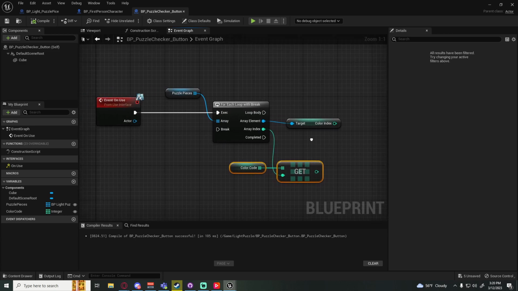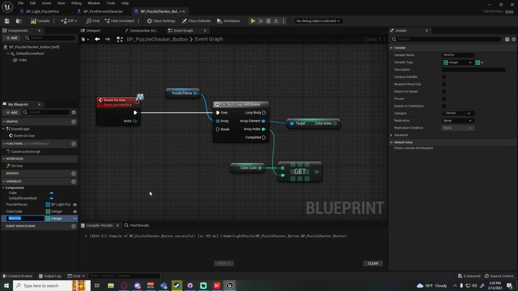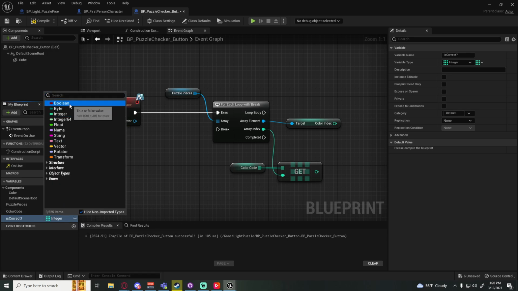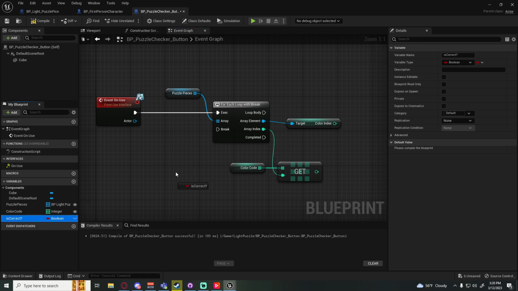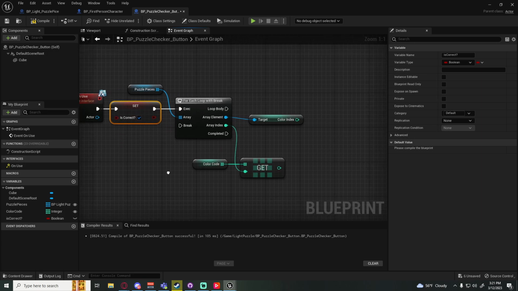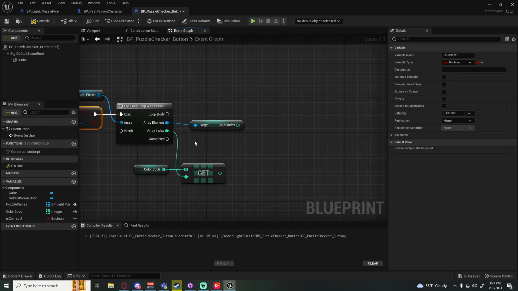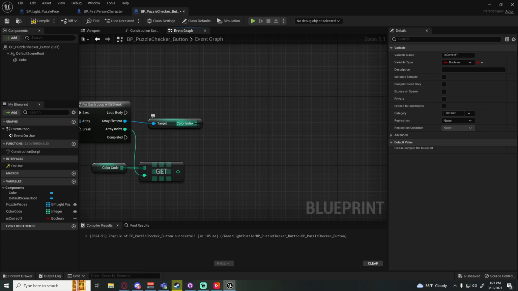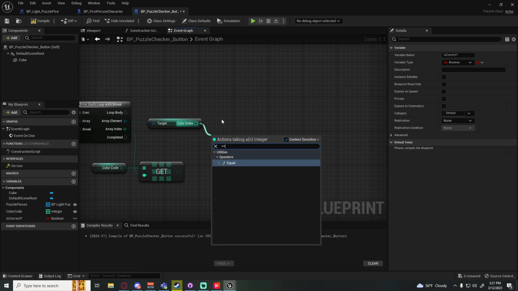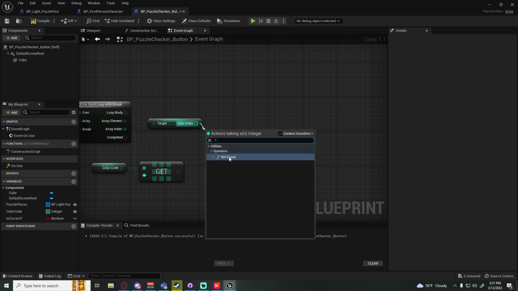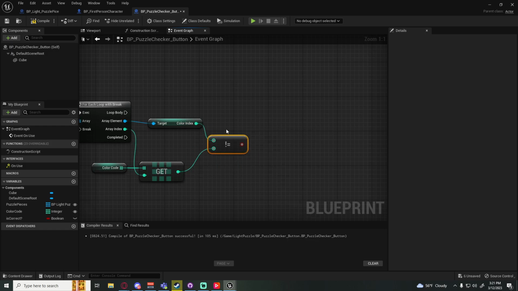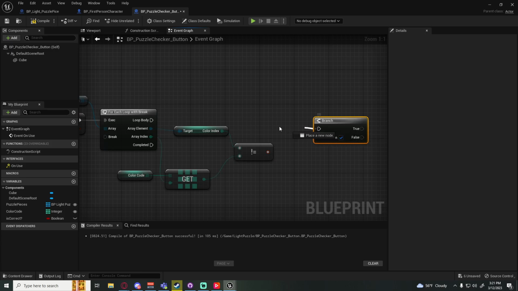And actually, speaking of which, if they're correct, we need to make a new variable called is correct with a question mark so we know it's a Boolean. And I'm gonna make that single, right? I'm gonna hold S or Alt and bring it out so that we get a set. And then each time that use is called, we're gonna set this to correct. And then we're gonna check, is it actually correct? So if this color is actually not equal, so if you do an exclamation point, they're not equal to this one, then